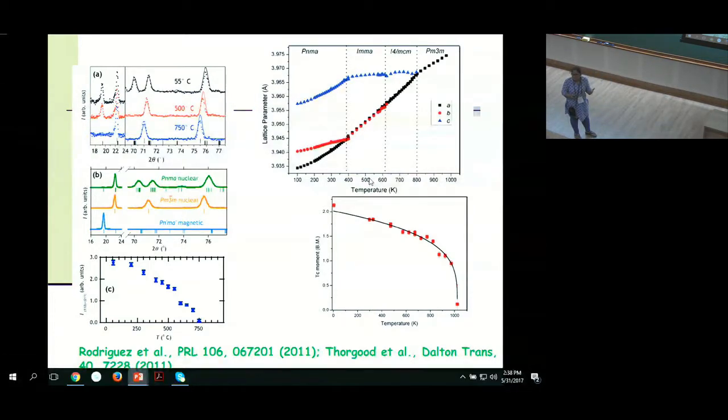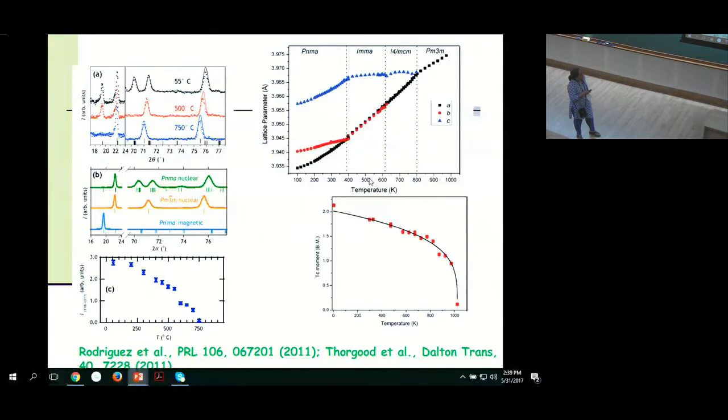Since you need special handling facilities for these materials, even simple experiments like looking at the magnetism required some unusual ways of examining it. I mean, they didn't study it expecting magnetism. What they did was some neutron scattering measurements, and they found that there were additional peaks in the neutron scattering, even in the most symmetric phase, which was the cubic phase.